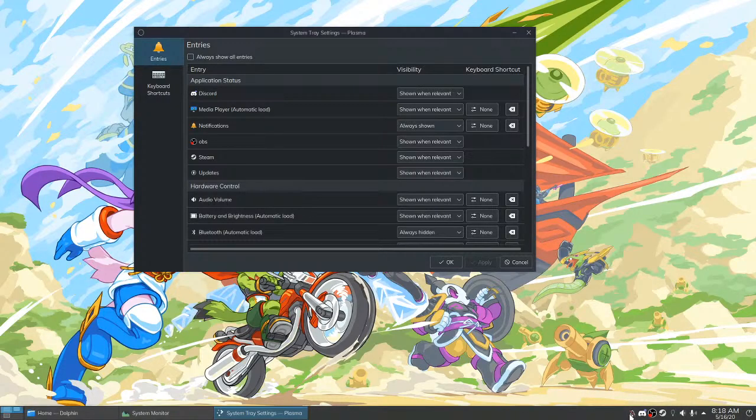I have tried Latte Dock and I didn't like it very much. I found it to be really heavy, and when you need to customize it, it shows this big overlay and it's just weird. I wasn't a huge fan of it. It's fine. I know people that use it and they like it. It's just not for me.